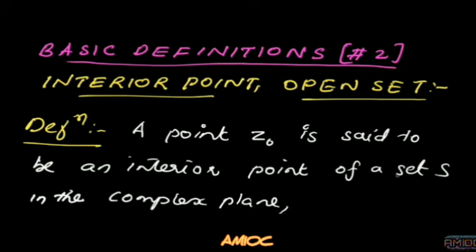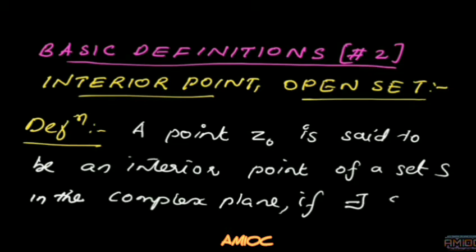That means we are given a set S in the complex plane and a point Z0. Then we say that the point Z0 is the interior point of the set S in the complex plane if